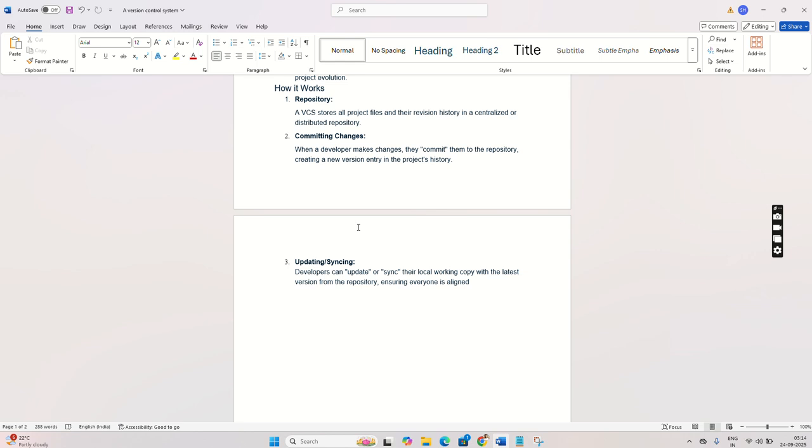Okay, and then he will work on that copy, and at the end of the day or after changing whatever he wants to change, he will commit those changes, he will save those changes to the central repository, and then those changes will be reflected in every developer's copy from the central repository. So SVN's long form is Subversion. It is developed by Apache, and